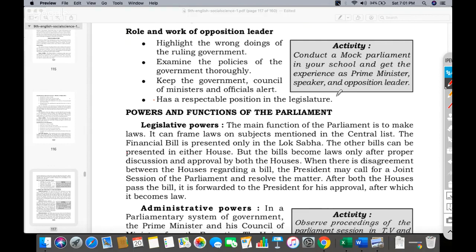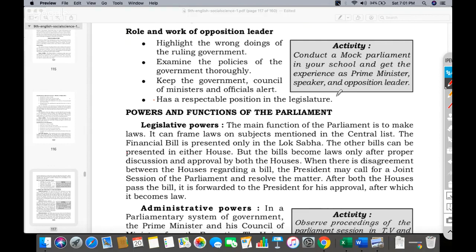What should be penal provision if somebody is violating traffic laws, and if somebody is violating other motor vehicle laws. So what should be penal provision for that? So different rules are there. It can frame laws on the subjects mentioned in